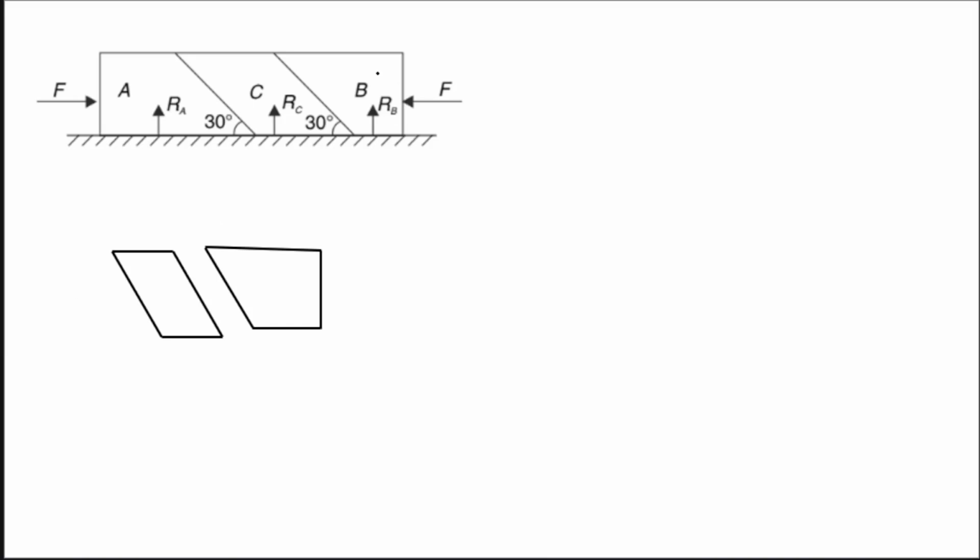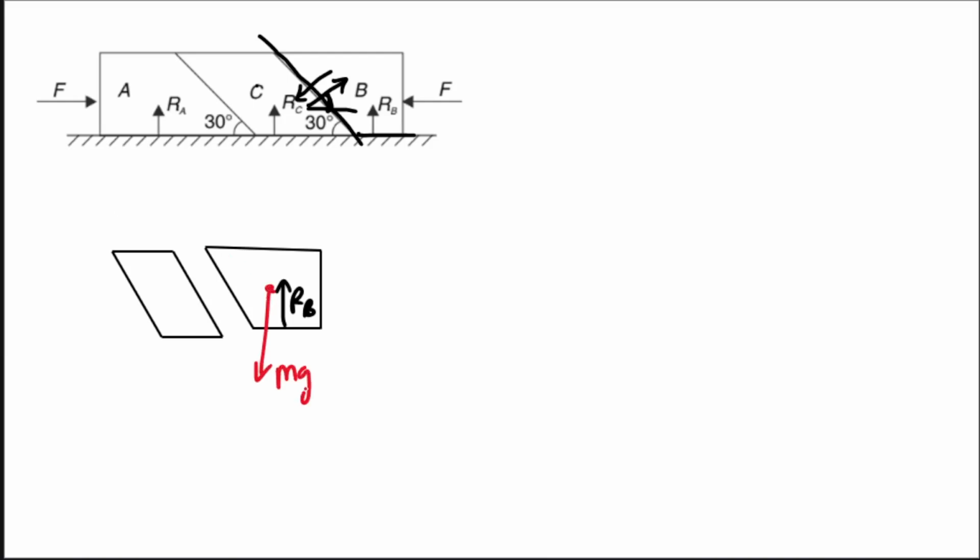Okay, so look at block B carefully. B is in contact with C, and this contact surface is this one, and it is also in contact with the table. Because of the table it is receiving force Rb, contact force, and because of C, B will press C in this direction and C will apply force on B in this direction. Again this angle will be how much? 60 degree. So carefully draw the forces acting.